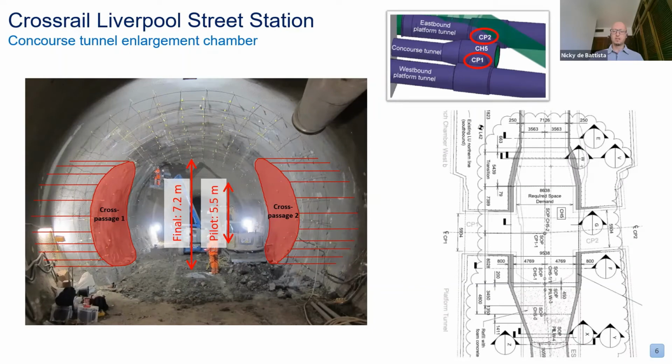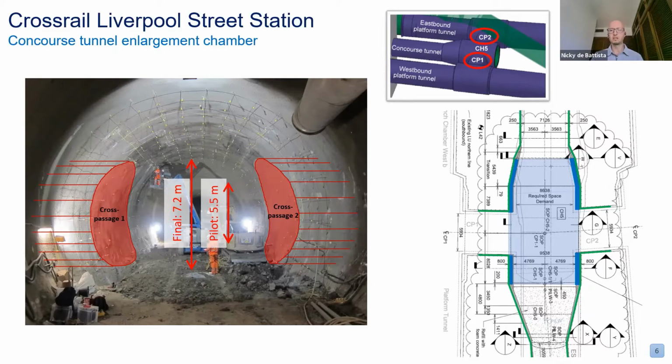The image on the right is a plan view of this enlargement chamber CH5 with CP1 on the left and CP2 on the right. And in green here, I'm highlighting what's called the primary lining, which is nominal 200 millimeter thick sprayed concrete lining. And in the enlargement chambers, this is thickened to a total of 800 millimeters, so 4 times the nominal thickness,